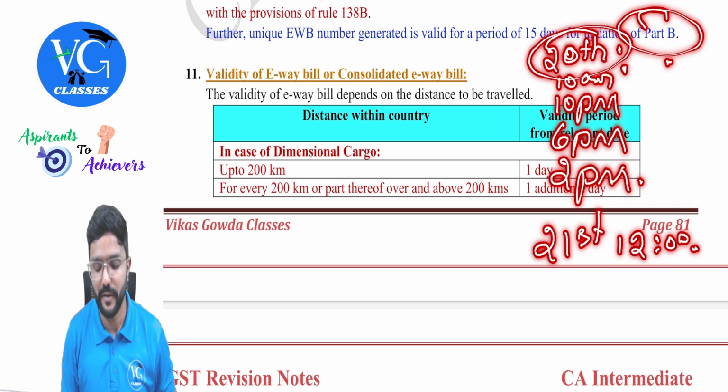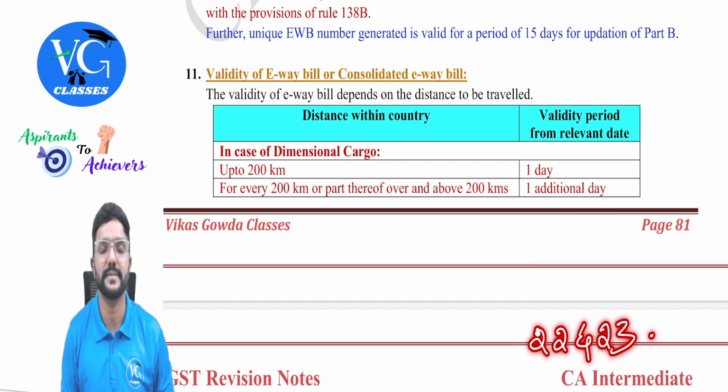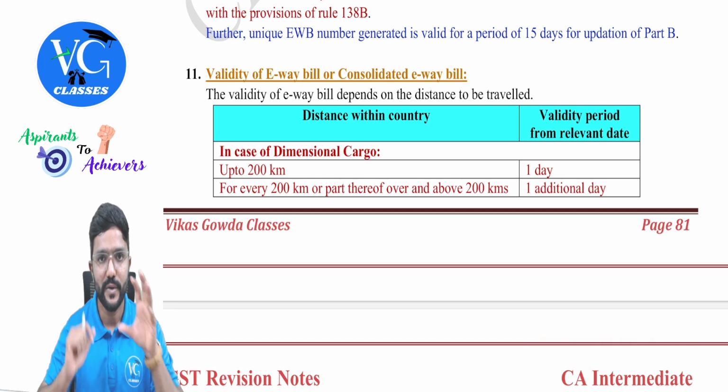First day will end between 21st and 22nd. Second day will end between 22nd and 23rd midnight, guys. Is that clear? So I repeat,